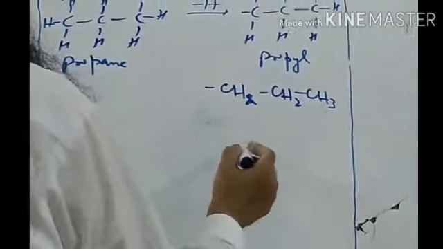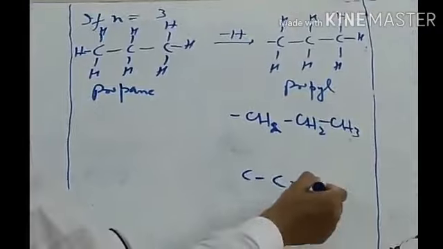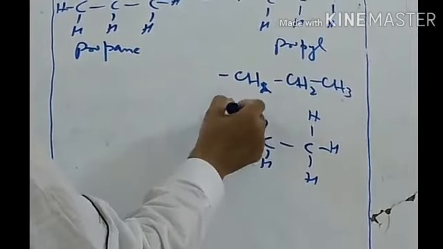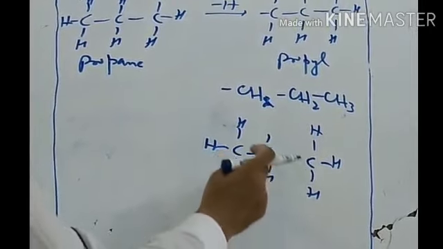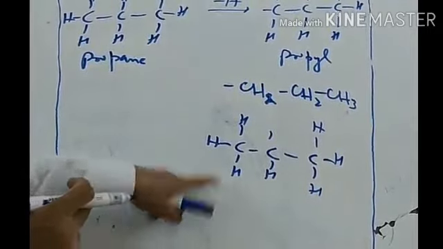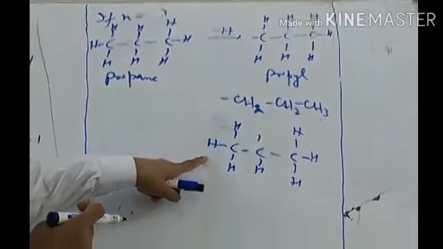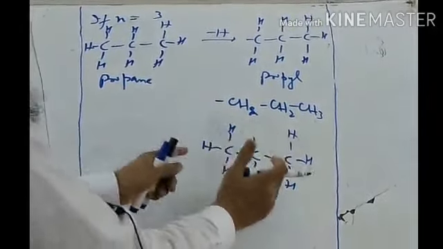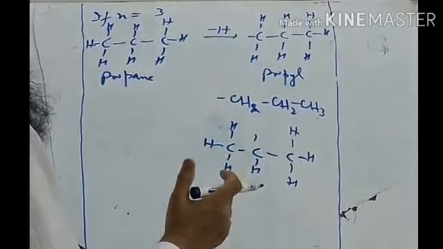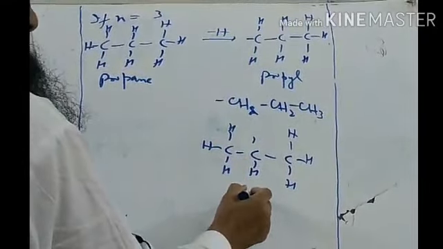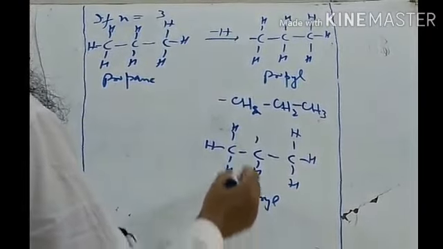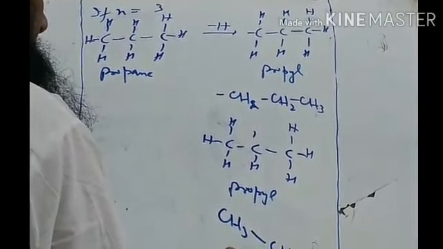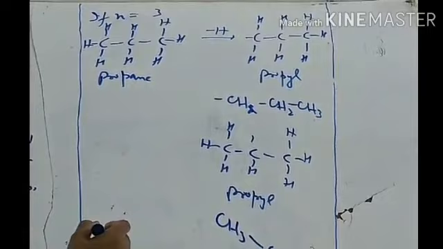If I remove the second hydrogen, the center one, then do you think these two structures are the same? No, they are not the same. In this case, you are not able to fit this compound onto the other. So this is actually the isomeric form. Again, it is propyl, but in this case, I make it in this way, that is CH, CH3, and this is the one deficient.